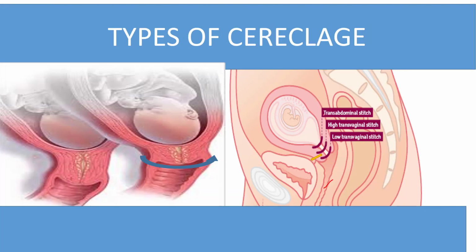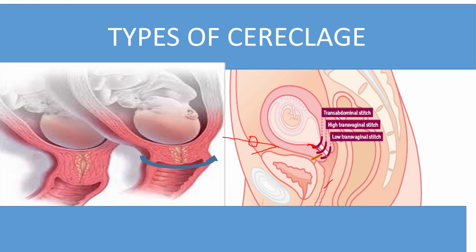So here you can look that transabdominal cerclage or stitch is present between the junction of cervix and isthmus, and you have to use the abdominal approach, either making holes or by making a cut in the abdomen, being laparotomy, you will stitch the cervix. And write down another important thing. When you will apply high transvaginal cerclage or stitch, you will use the vaginal approach and you will apply them above the cardinal ligaments. In doing so, you have to mobilize the bladder. So mobilization of bladder is involved to prevent its trauma.